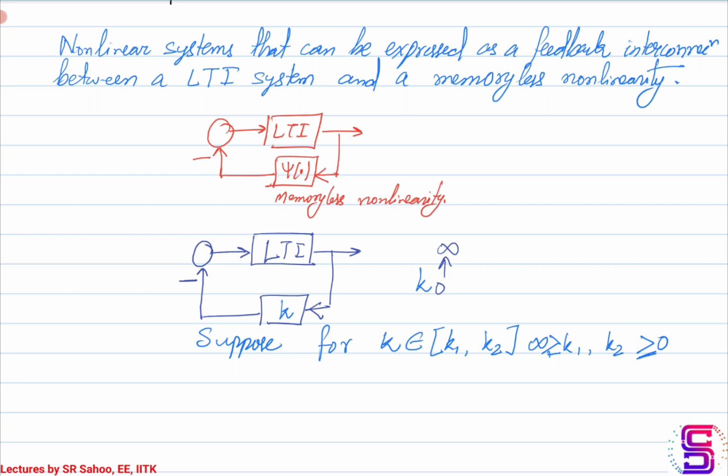Suppose for some value of k1 and k2, this feedback interconnection is stable. And we have seen such problems, wherein k is basically an unknown gain, so you try to find out the value of k or the variation of k over which the closed loop system remains stable